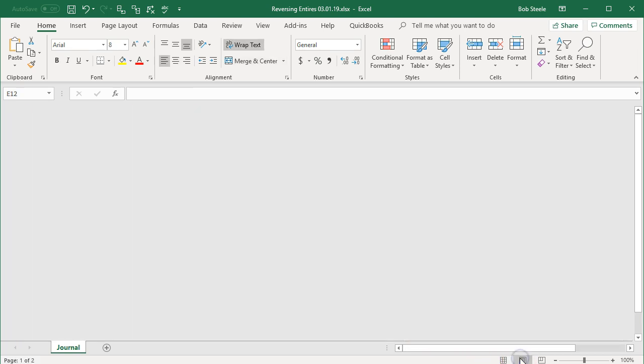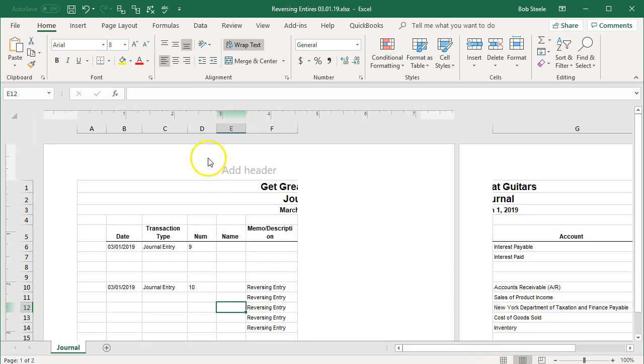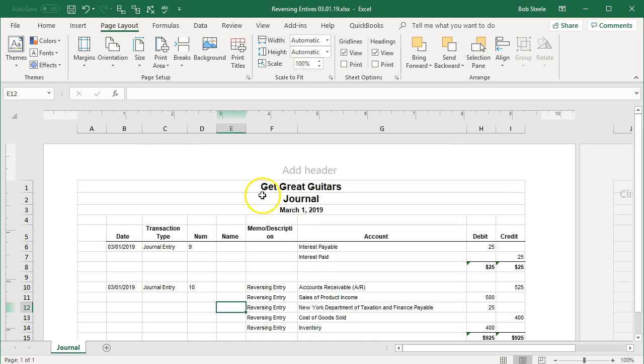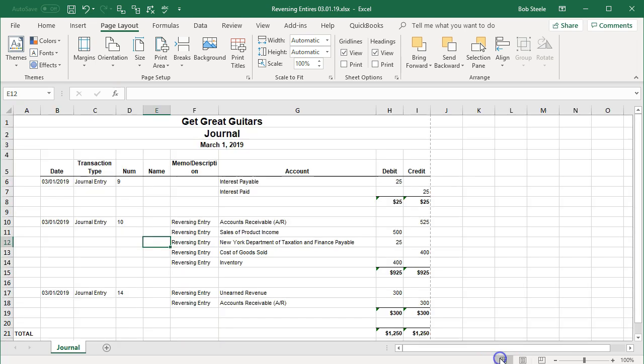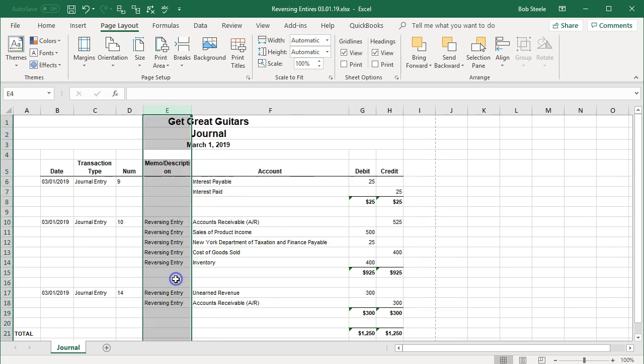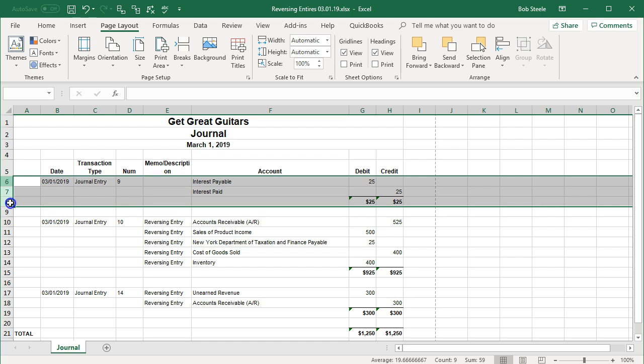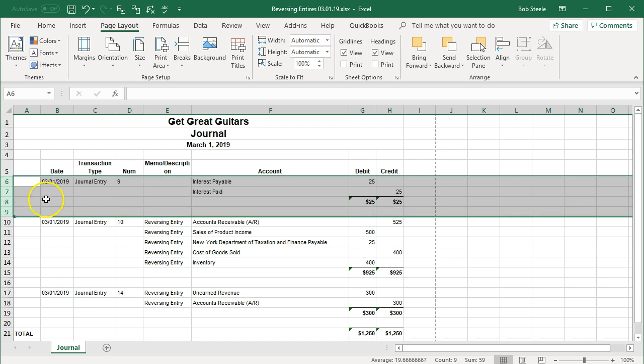If I go to the second tab, it doesn't fit on one page. I can go to the page layout, setup, and then orientation landscape and adjust that orientation. We can go back to the normal view then, and we can do some of the similar type of adjustments. We don't need the name column, so I can select the name column, right click and delete it. And this first one isn't a reversing entry, so we can go to this 6 down to 9, right click